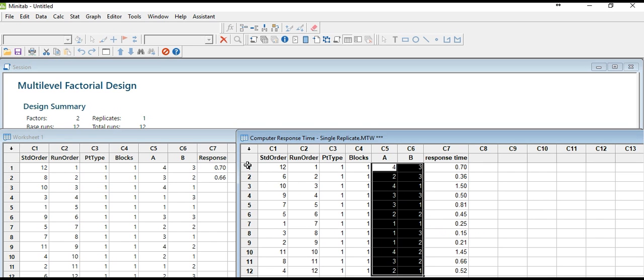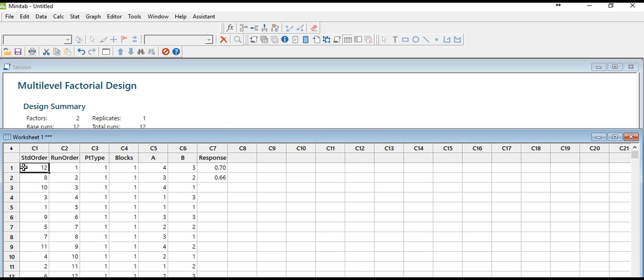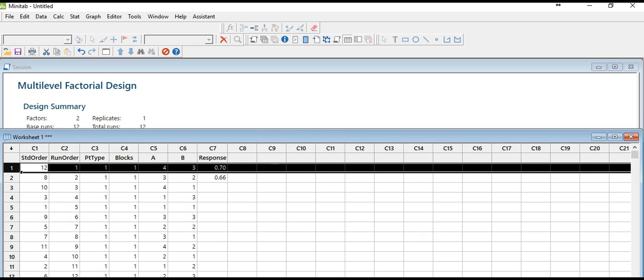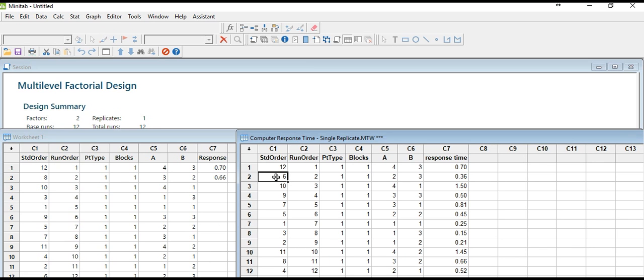So for example, for the first row, we have standard order 12 in the data file, which is also the first row in the one that I just created. So the response is still 0.7. However, for the second one, the standard order in the data file is 6, while in the one that I just created, it's 8. So the response time will not be the same, right? However, if you look for the standard order corresponding to 6,